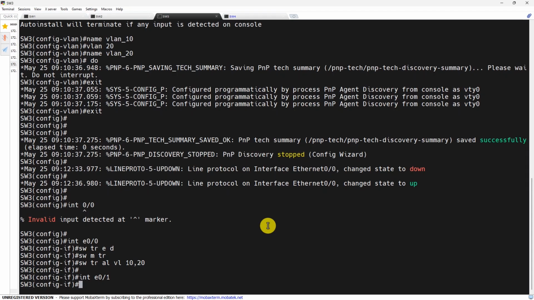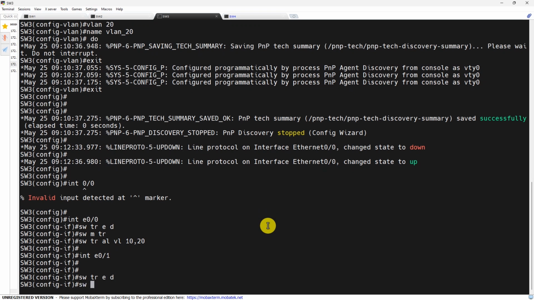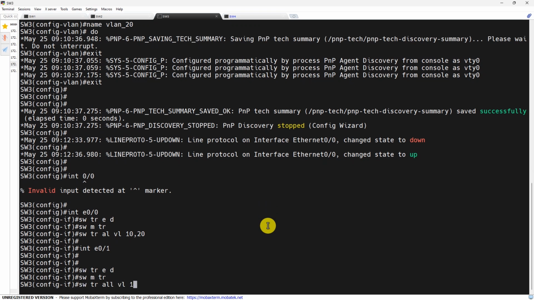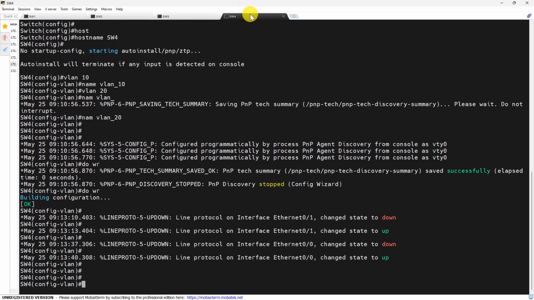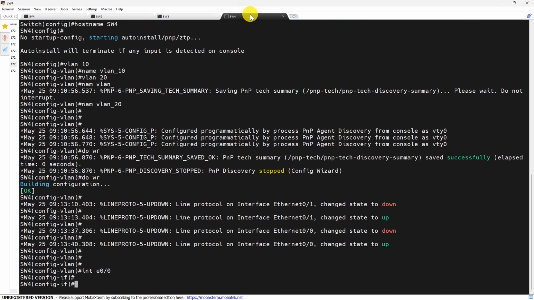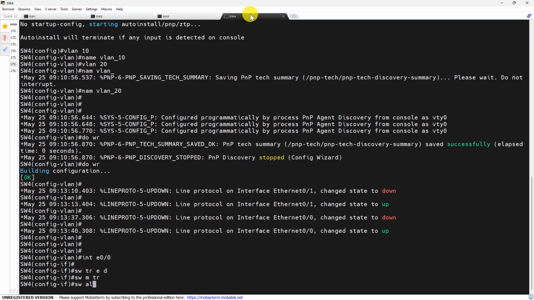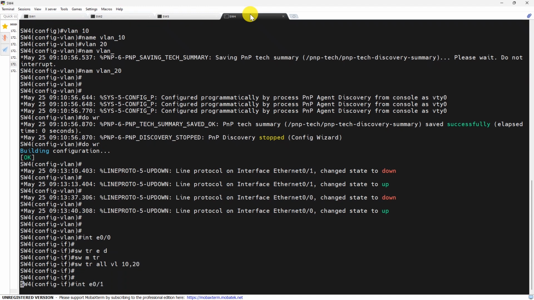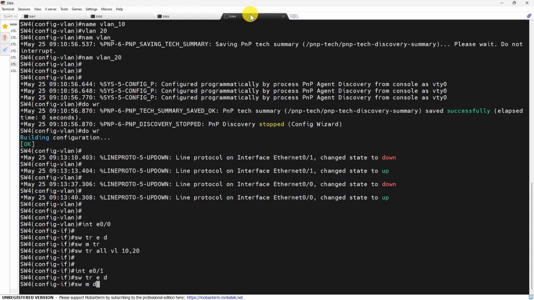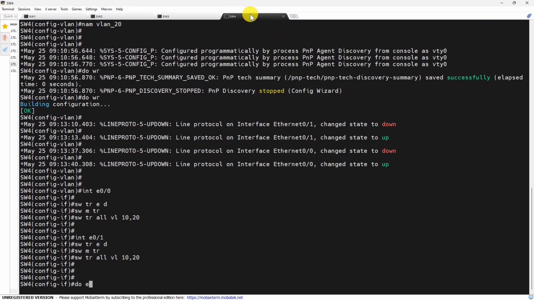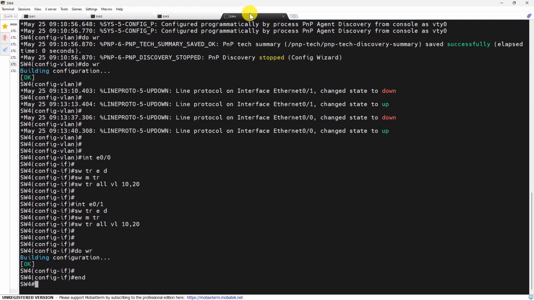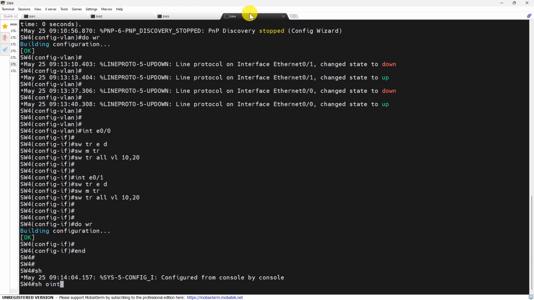Okay, 0 and 1. Okay, and finally switch 4. Okay, right, and to verify the interface trunk use the command show interface